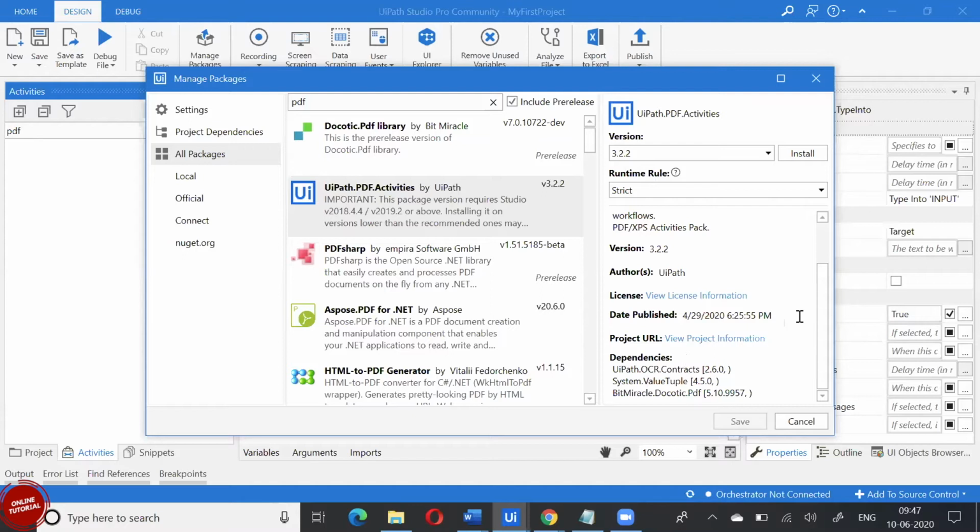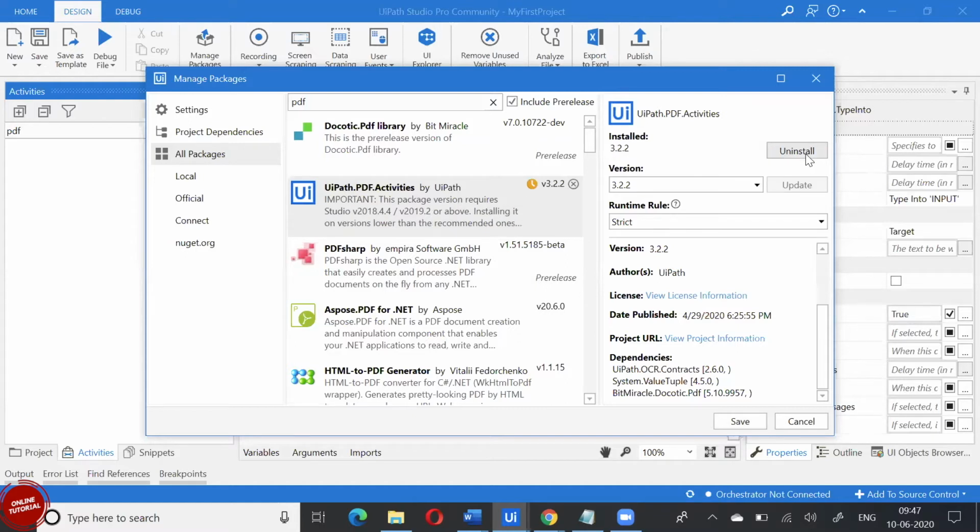And it will give you when this was last updated, the license information, who the author is, everything. So once you finalize which one you want, you have to click on install. Milan? Sorry. By default, do you select strict or the other one? By default the option is strict only, so it will download all the dependencies automatically.